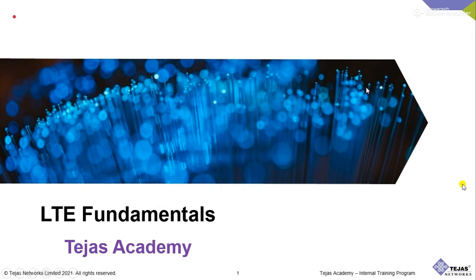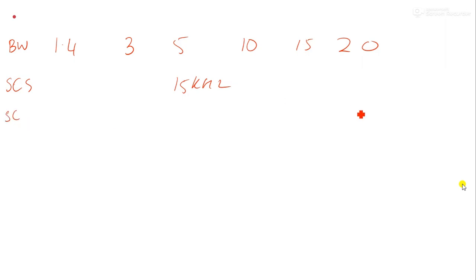So let me continue again. As you can see here, I'll write it down again. These are the bandwidths which are available in LTE. Correct? So these are the carrier bandwidths which are available. Subcarrier spacing for all these will be common, that is 15 kilohertz. Now the total number of subcarriers will be,